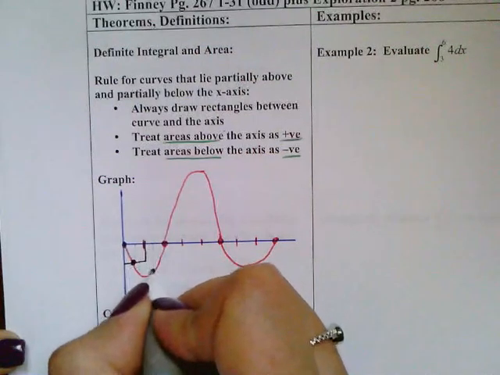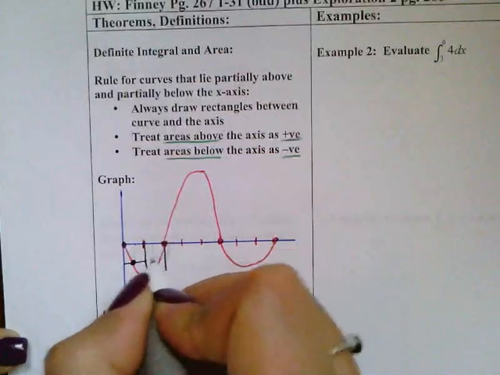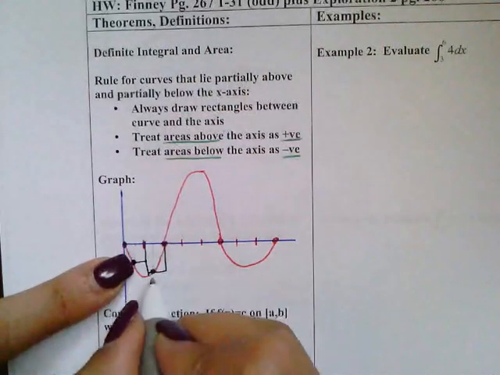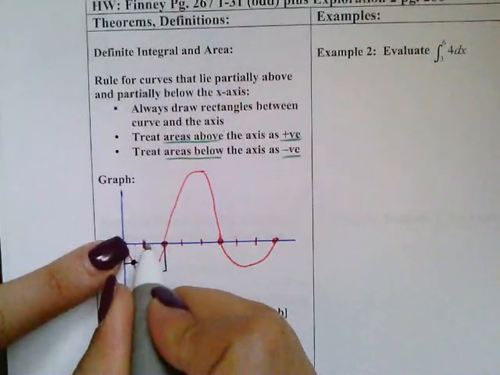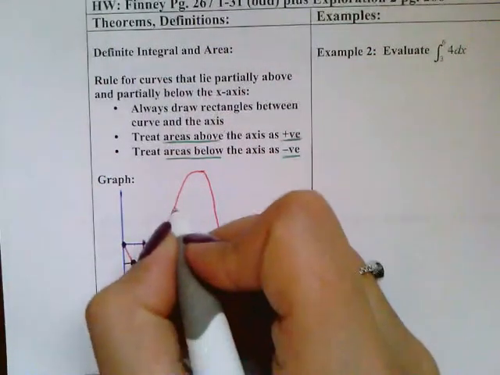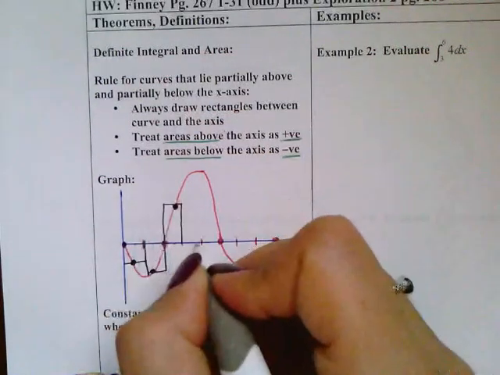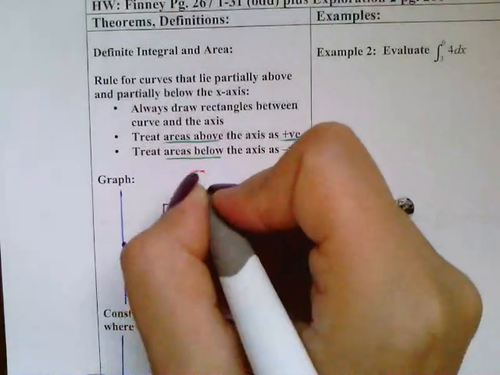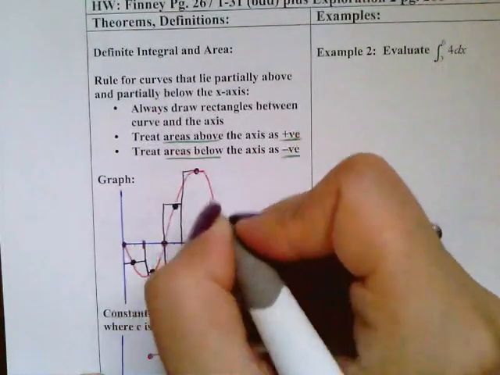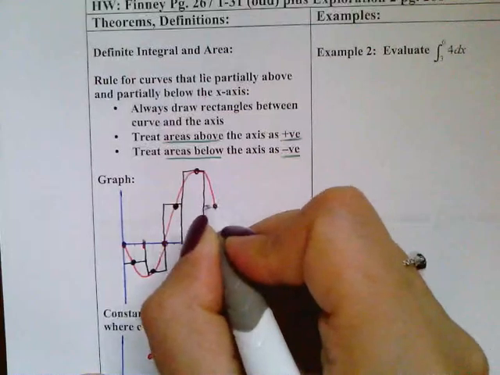So there's my M. Now, you see how I'm drawing in between the curve and the x-axis, okay? So these two got drawn on the bottom. Now this one is going to go up to the curve, and I'm going to draw my rectangle right there. So here we go: midpoint, go up to the curve, draw my rectangle, midpoint, go up to the curve, draw